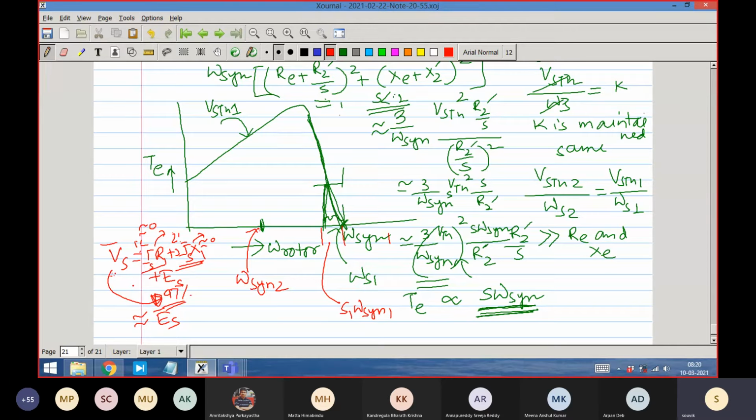Why? Because you will be operating at a lower flux level than the rated flux level. You have not changed the voltage, but you have gone to a higher frequency. That means you are integrating for a smaller duration, and the flux builds up to a lower value. This is not as such bad, but it is bad in that you are not able to produce the rated torque for the same current. In order to produce rated torque, you now require more current, which is not good. So as such, it's not that the machine will not operate.